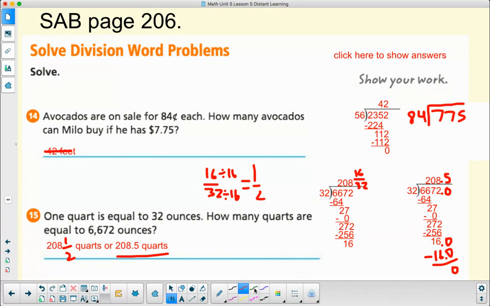All right. 7, there's no 84s in 7, none in 77. So 775 divided by 84. All right, so I'm going to think of 84 as 80. Now I know that a 4 tells me that I could be underestimating or overestimating. How many 8s in 77? Well, 9 times 8 is 72, so I'm going to try 9. 84 multiplied by 9